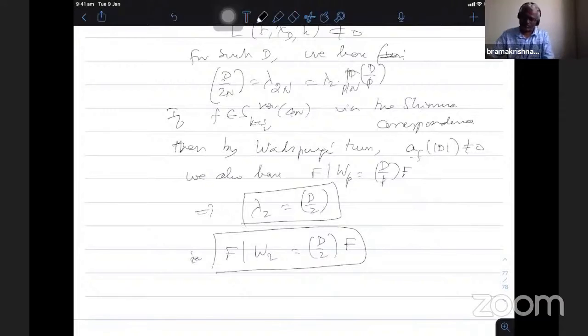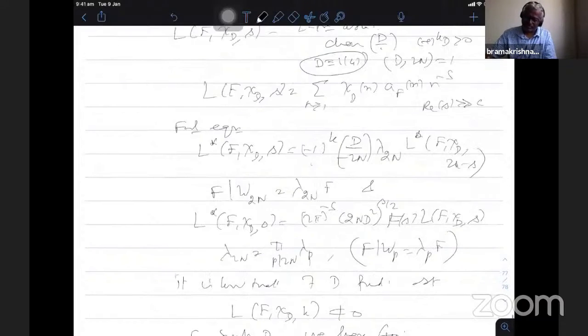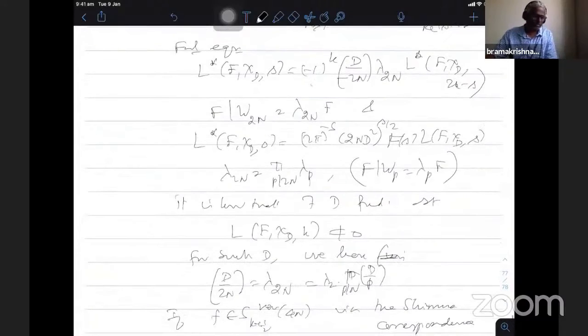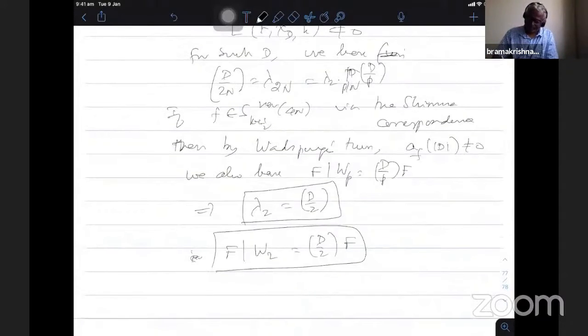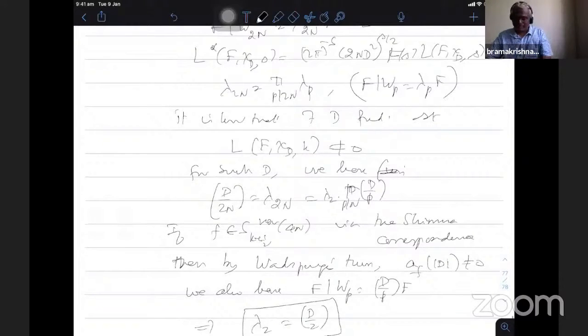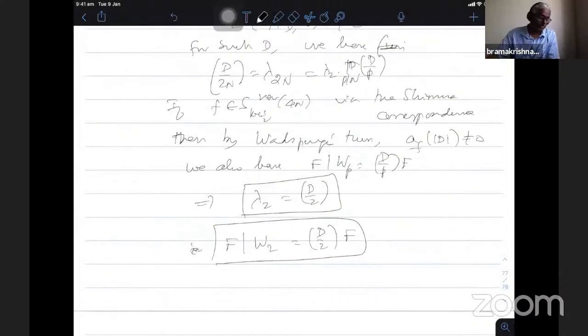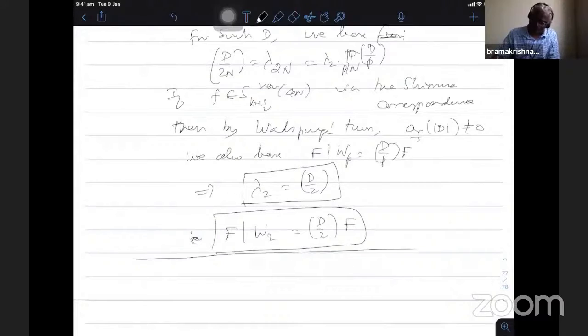Therefore, using this, finally we have the functional equation. Cancelling, everything will cancel out. I have (-1)^k (D/-1) for all fundamental discriminants. This is one piece of information. Therefore, using the above discussion, there always exists T square free, 1 mod 4, such that a_F(T) is non-zero. The next theorem, we do the characterization.